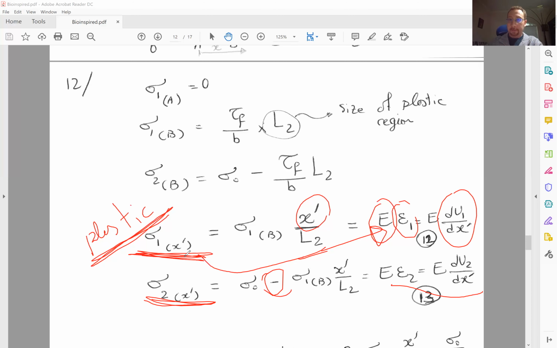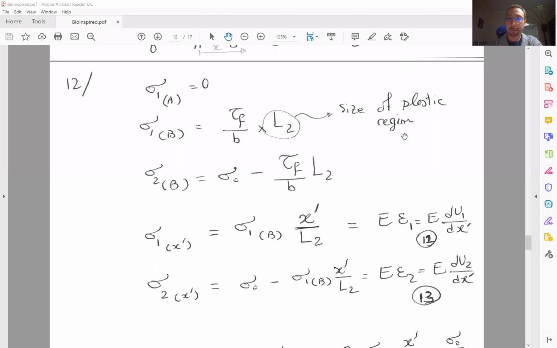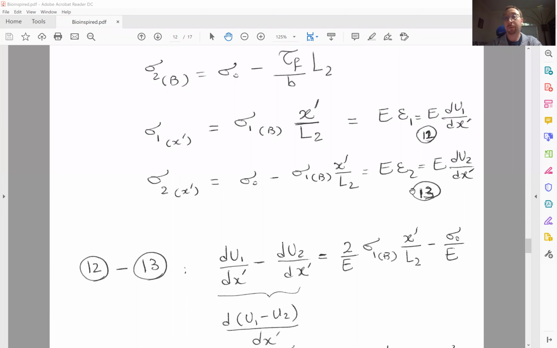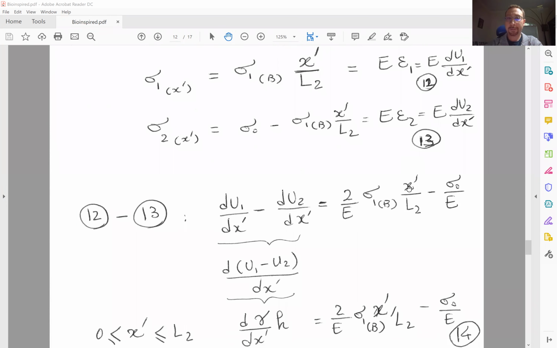Basically, I call this equation 12, and this equation 13. If I subtract these two equations from each other, and the reason I want to do that will become clear in a second, is because on the left-hand side,